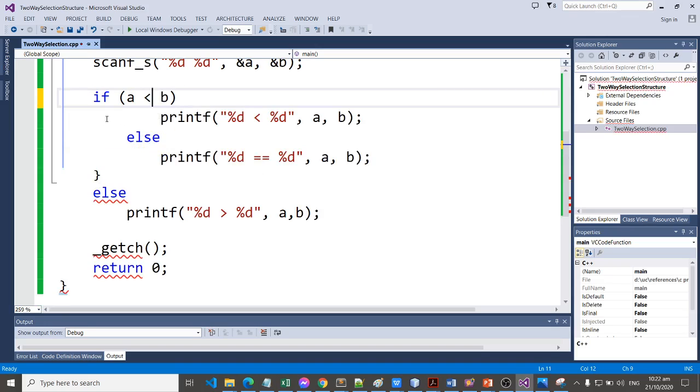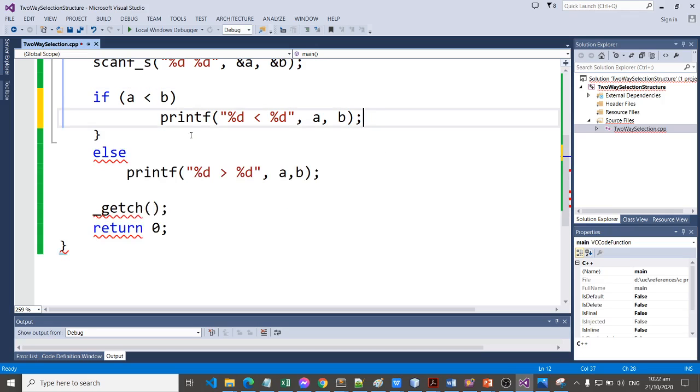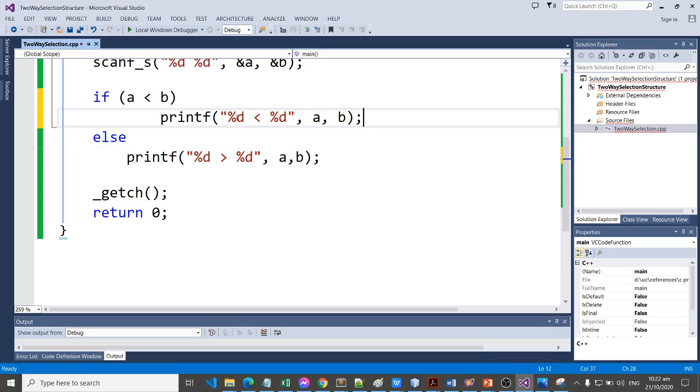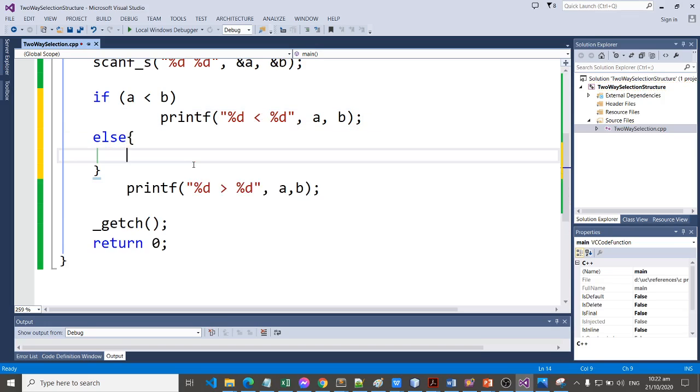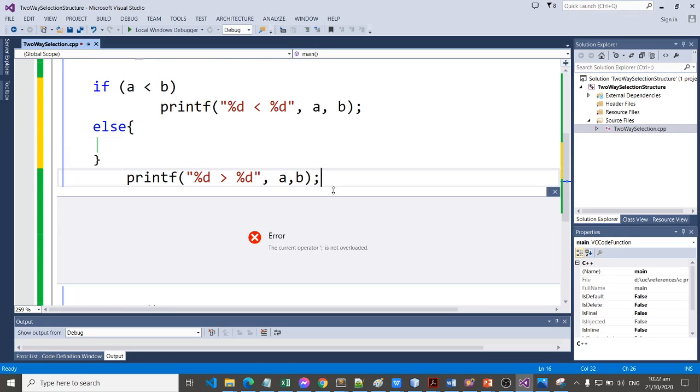We have to again put the if a is less than b, so we have to print a is less than b. Else, inside the else statement, we have the compound statement that includes the